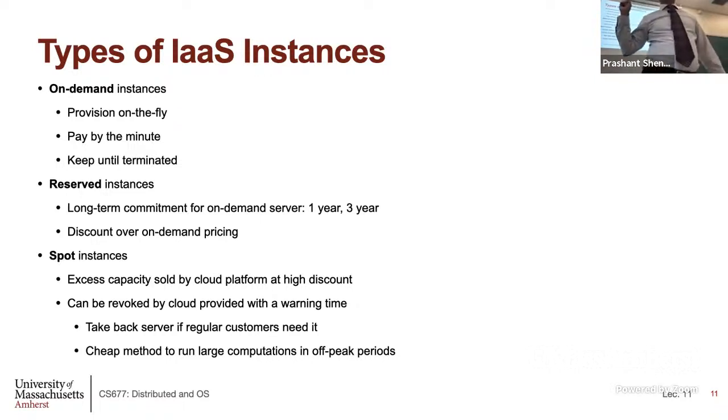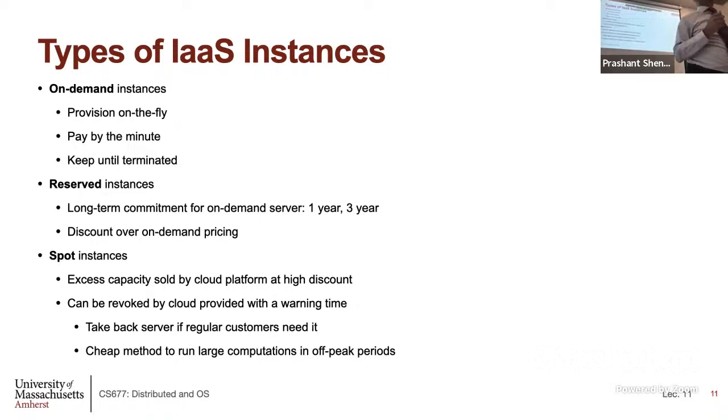Normally for on-demand and reserved, okay, you as the customer get to decide how long you want to keep it and then terminate the instance. Okay? For spot instances, because it's excess capacity, these are revocable instances, which means that if more demand arrives in the data center, they can take it back from you. They can give you a warning and say, I'm taking it back. Okay? So if you get a spot instance, you always have to take a risk that the machine may just go away. Okay? So you don't get to keep it for as long as you want. If the demand goes up, the machine is taken, which is why you're getting it at a discount.